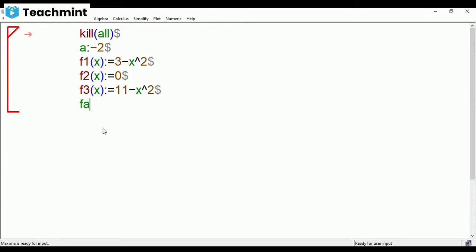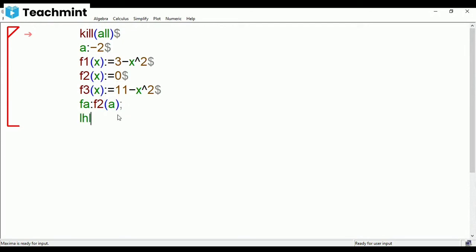Now let us find out the value of the function f of a. So you can write evaluate. And see here your a is equal to minus 2. That means x equal to minus 2. When x equal to minus 2, you have to take f2 of x. So f2 of x at x equal to a. You can write like this also. Otherwise, simply you can write f2 of a. It takes x equal to a for this function and it solves. When x equal to a, that is minus 2, f2 of minus 2 is 0. So that gives you 0.